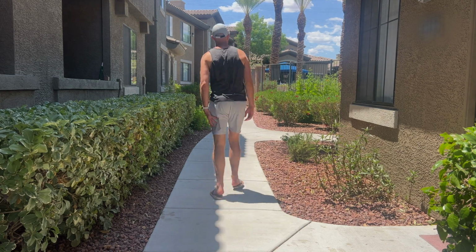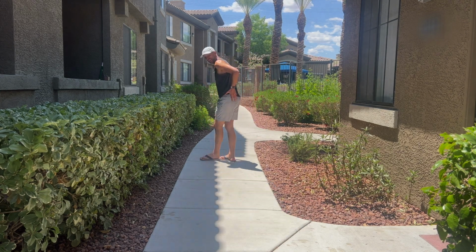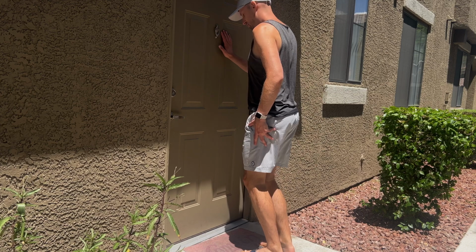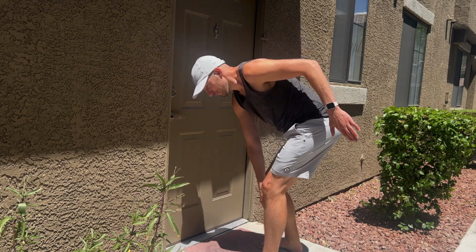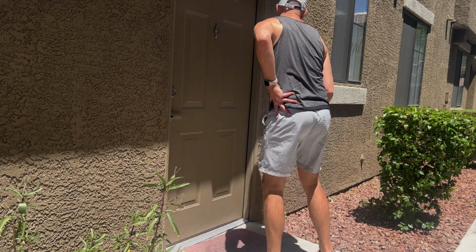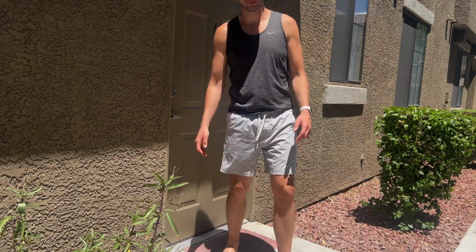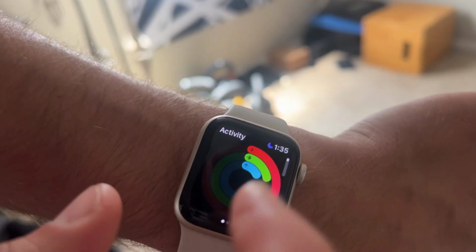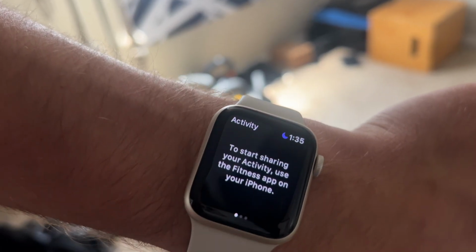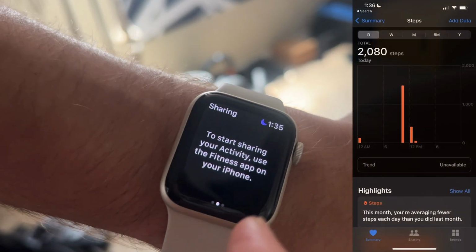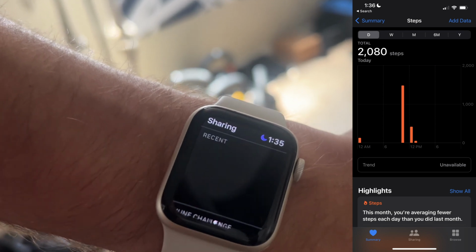If you're someone who has pain when you walk, you've been doing a lot of various rehabilitation exercises to improve your mobility and posture, but you notice it's not sticking, this is an important video for you. Because besides upping our step count to improve our health and well-being, there are some movements that should happen when